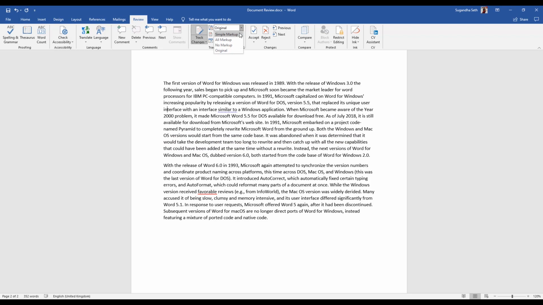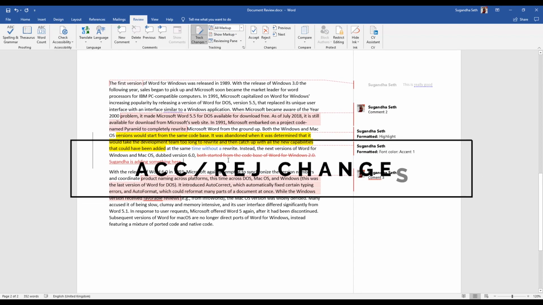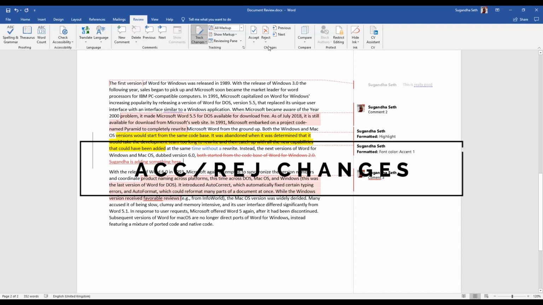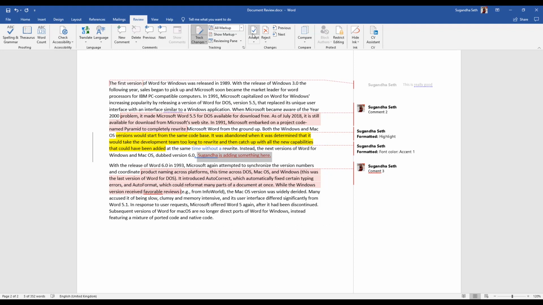Now let's go back and see all the changes that were made to the document. Now let's say I want to accept and reject the changes. So here is the option for accepting or rejecting the changes. I can just select this change. I click here and I can select on accept. This means that the deletion that was made by the reviewer has been accepted by me. Similarly, if I want to accept this particular insertion, I can click on accept. So this means this particular insertion has been accepted,